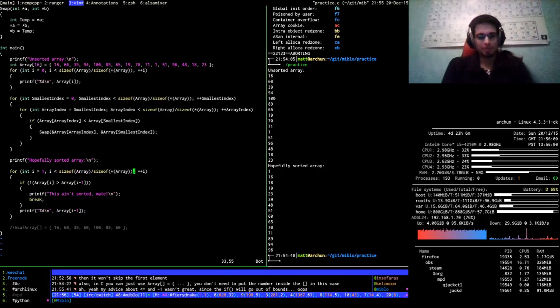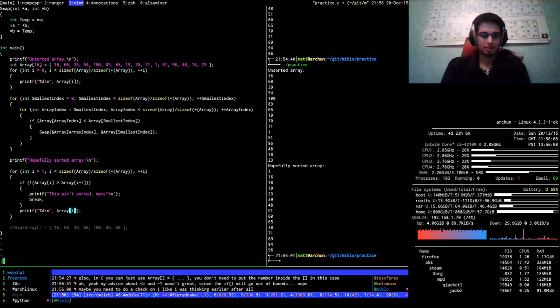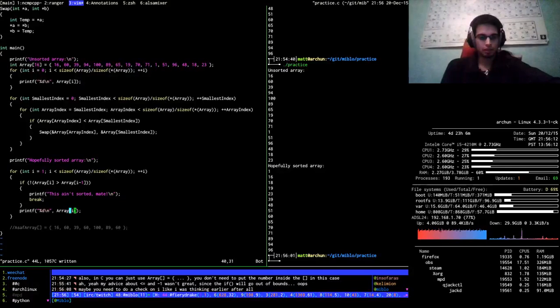Now this way we're going to miss out the first element, aren't we? No. Why was that? Was that just because of the printf thing? It was, wasn't it? Maybe we need to do a check on I, like I was thinking earlier after all.